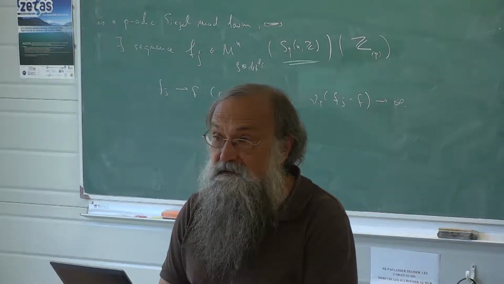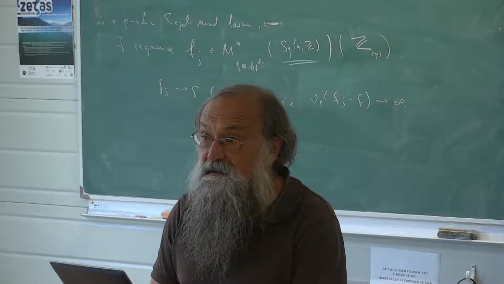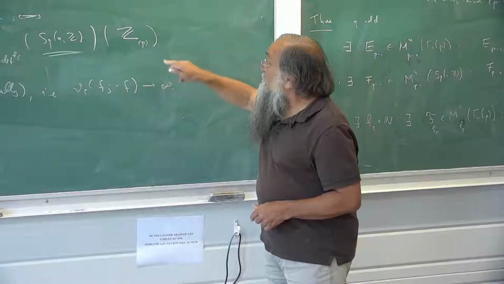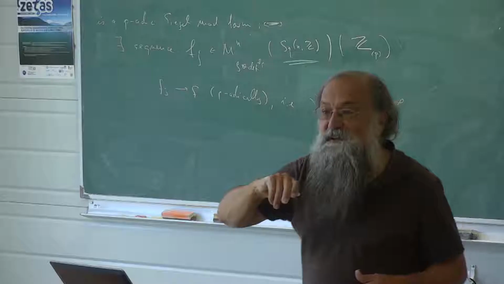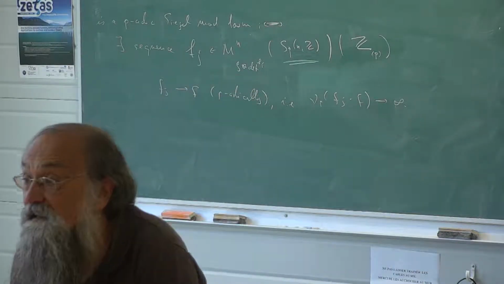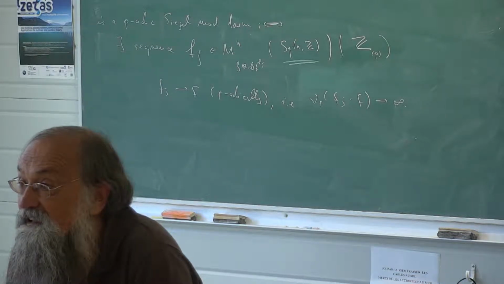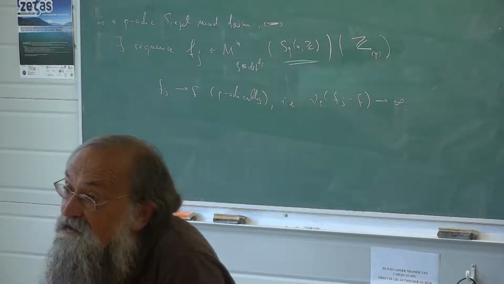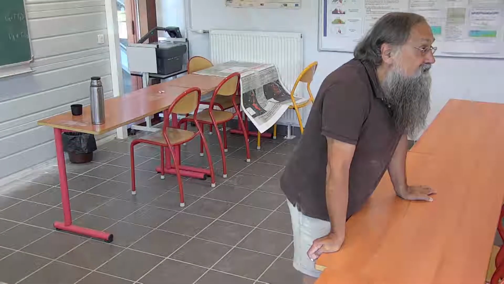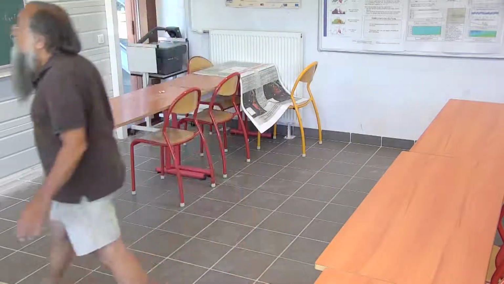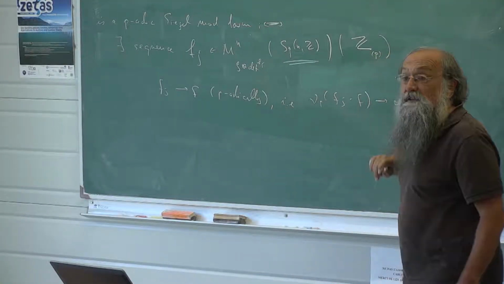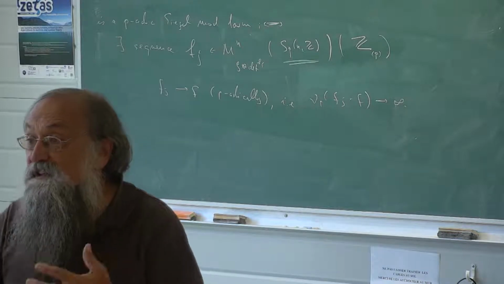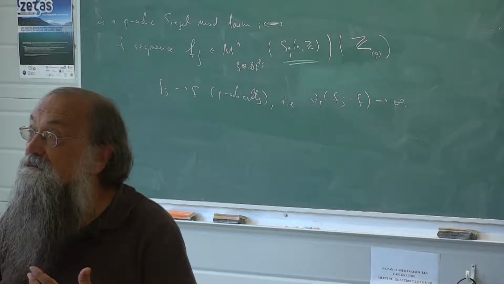Okay, but this is not the same thing as requiring that we have Sp and Z instead, that we have coefficients that the matrices are. I don't understand your question. Sorry. Just remind us what you mean when you add on the Z_(p) to the definition of the sequence. So the fj are in this space of modular forms, with some additional restriction on the coefficients. Here I put a restriction on the coefficients. I want the modular forms to have integral Fourier coefficients